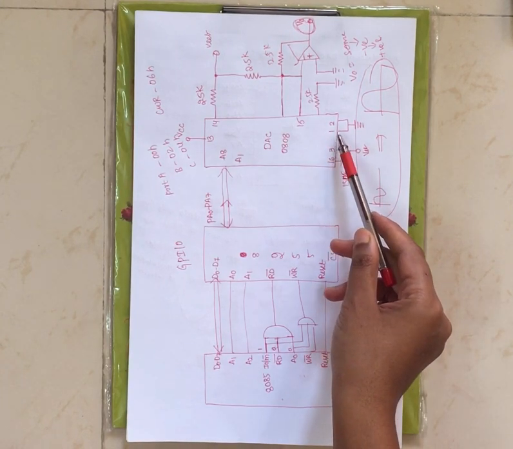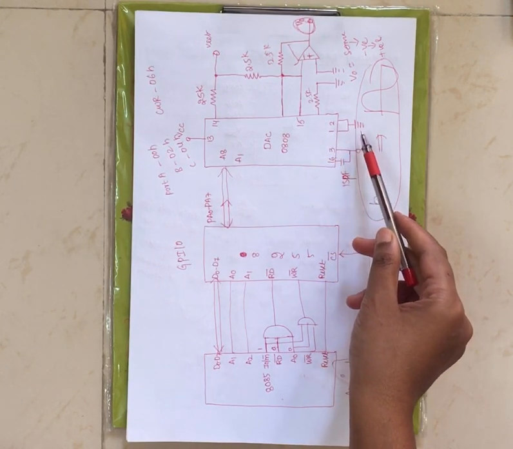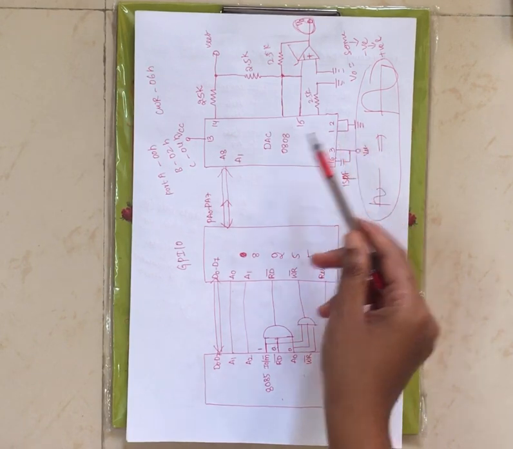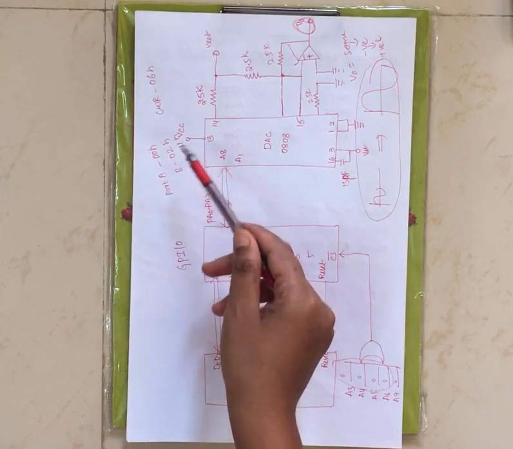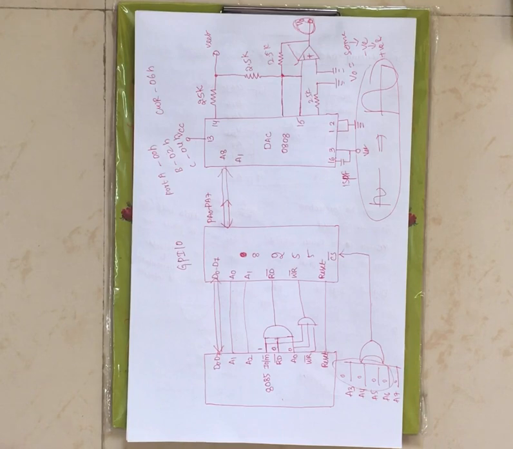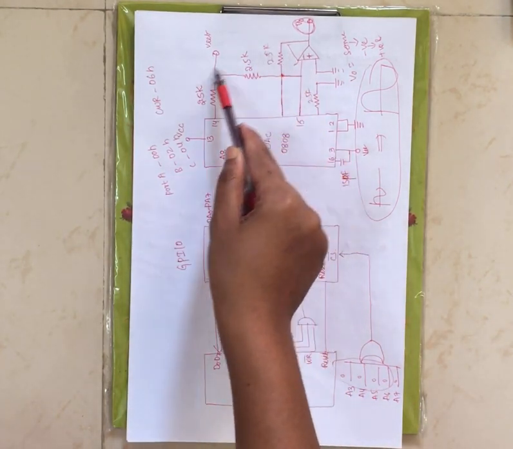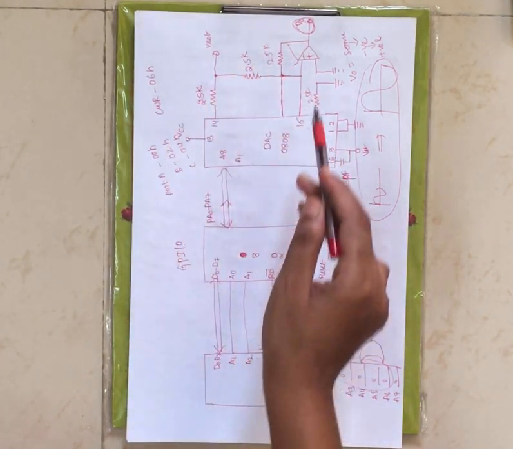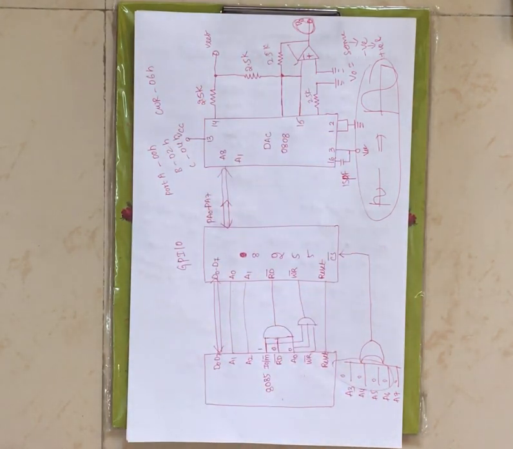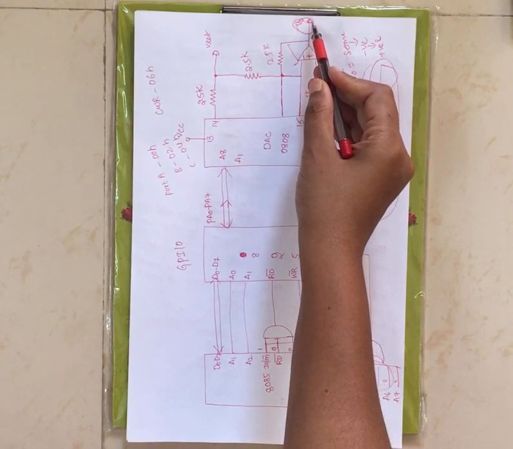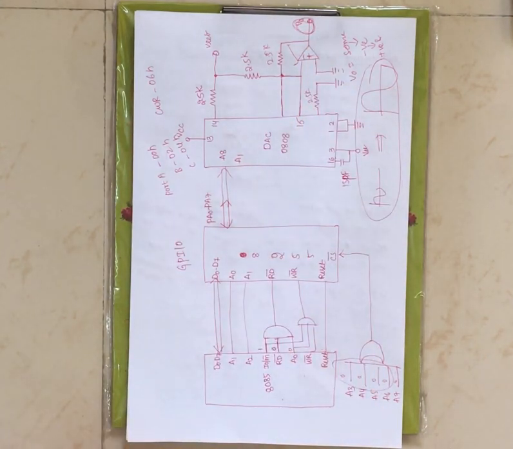First pin is your no connection, second pin is your ground reference, right? These two are grounded, and the 13th pin is your VCC, nothing but plus 5 volts of power supply is provided at this pin, right? And you are connecting resistors in order to match the load. Now output is collected at this particular place, right?